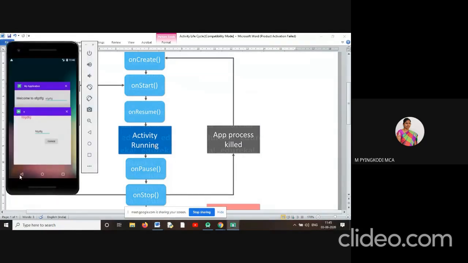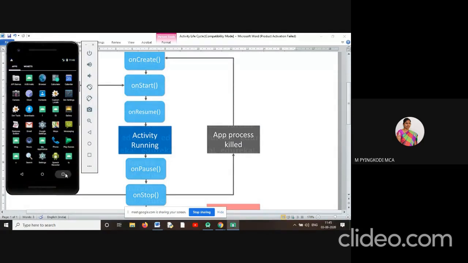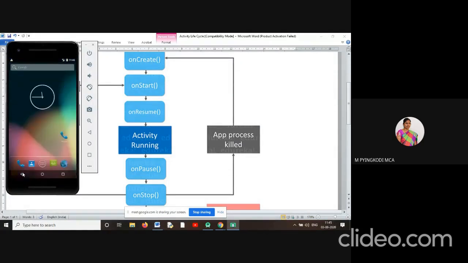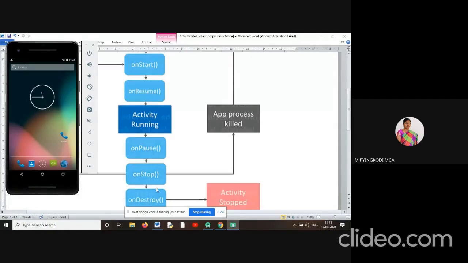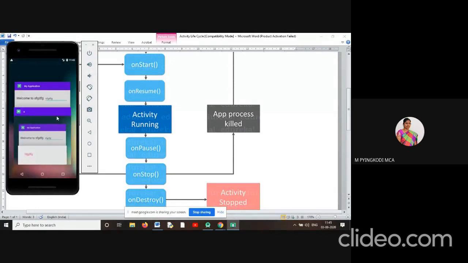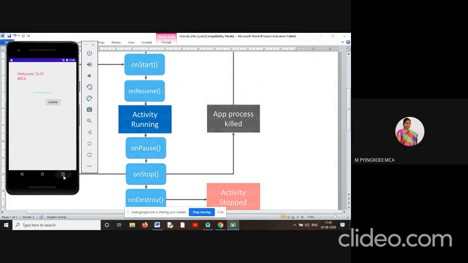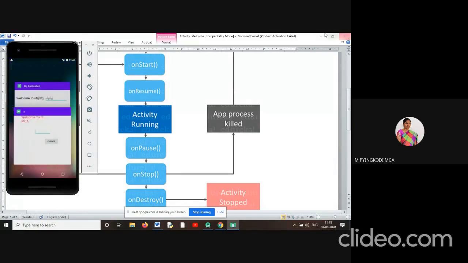What methods will be called? The onPause method will be called, then the onStop method, and then the onDestroy method. When you try to exit that application, these 7 methods get called. Is it clear?